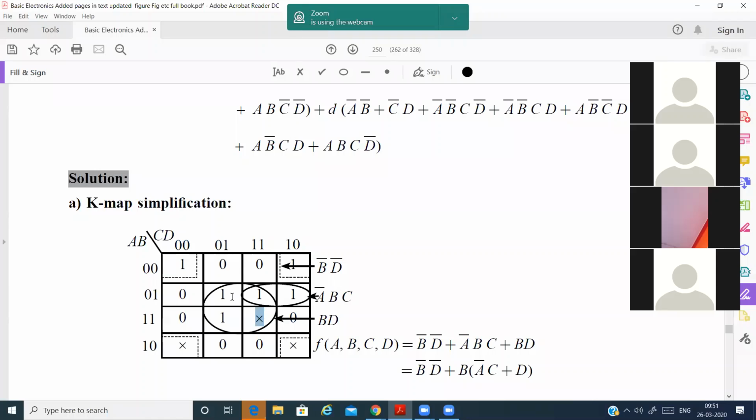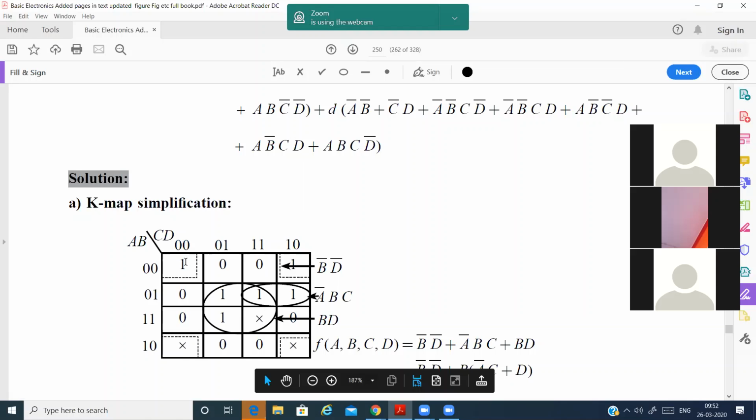So here I came to know that if I consider this as 1, then I can combine all these 4 boxes. That's why I'm considering this as 1. Next, you can consider even the corners also. See, this 1 is there, 1 is here, and don't care here, don't care here. So you have 1, 1, don't care, don't care. If I consider this don't care and this don't care as 1 1, then even I can group these 4.